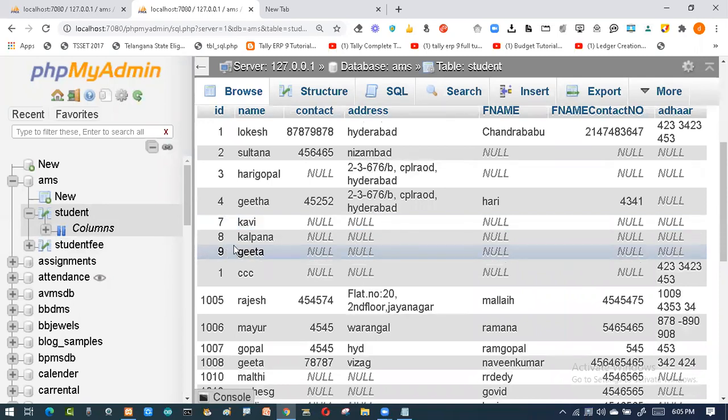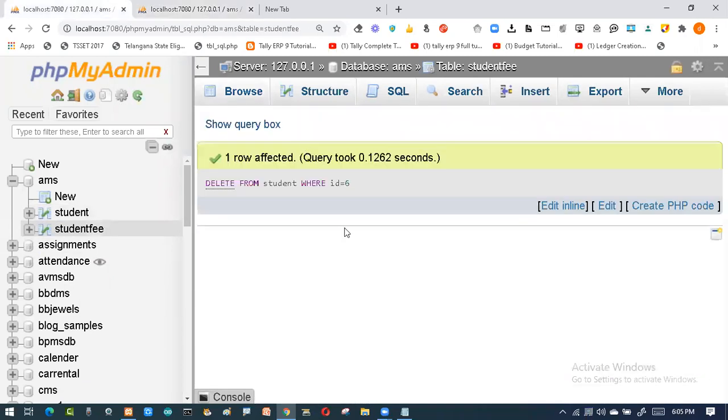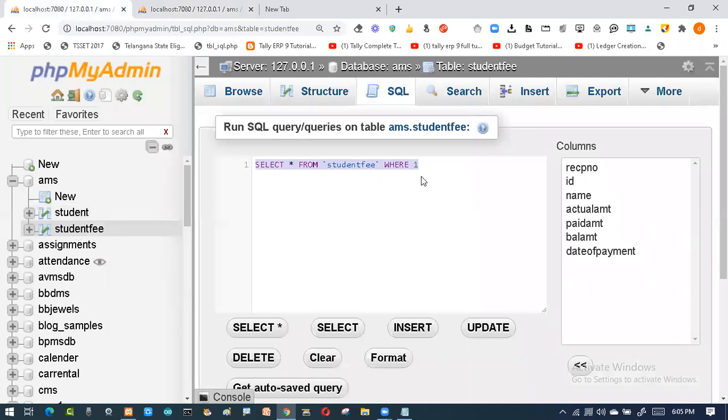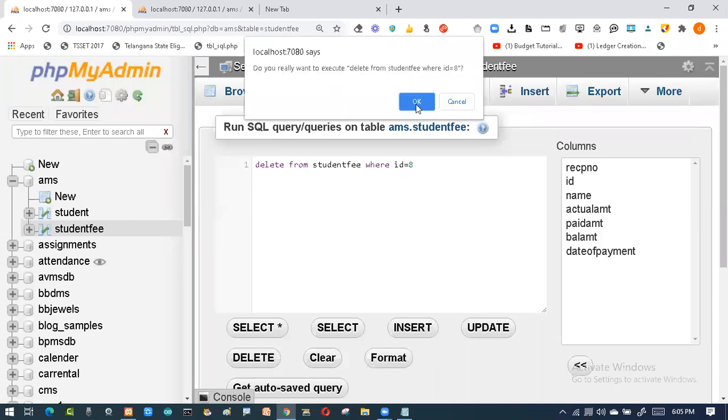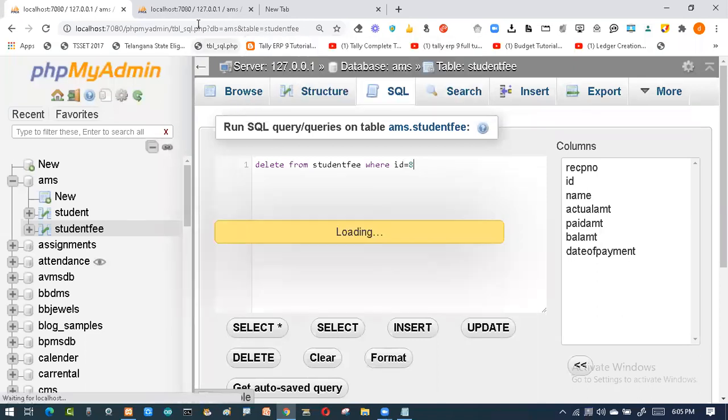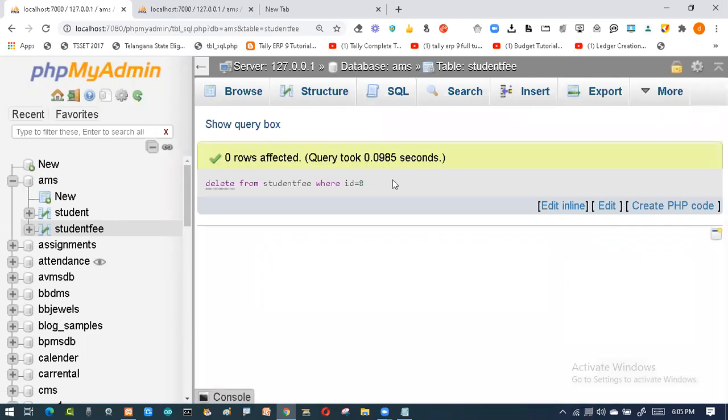Now I'll try to delete the 8th record. So go to your SQL. Then I'll say 8th record. I'll enter it. And I'll check whether we have the 8th record or not. Sorry.